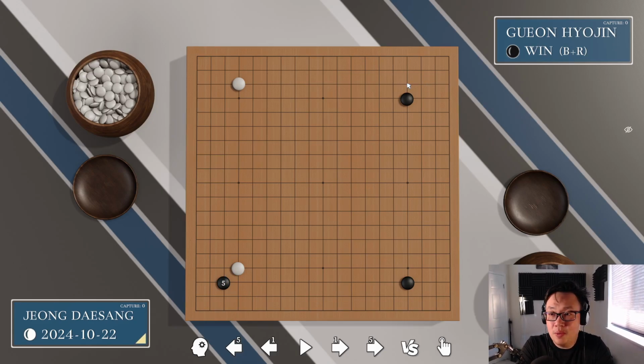If they take our corner, we take their corner. It's exactly equal. We don't have to respond here. But let's see. We're going to respond. We're going to build a wall. It looks like we're going to build a wall facing this stone right here. Again, this stone is low. So if we're going to do the 3-space wall and jump, we might just take the high approach to take